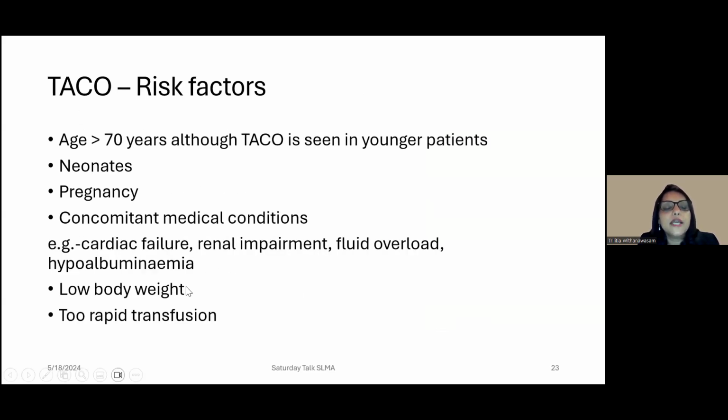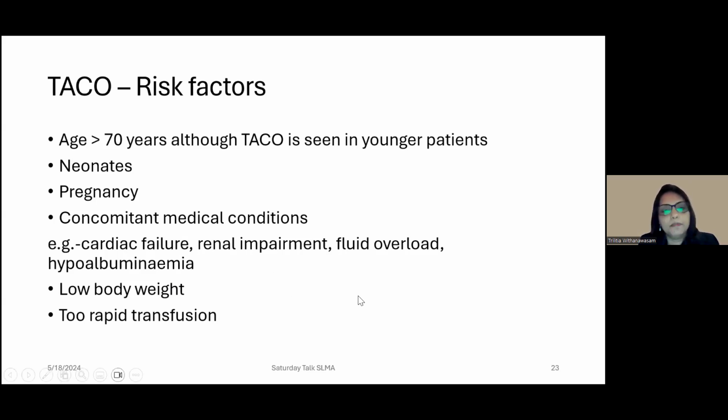We have to identify these risk groups because all patients are not normal. Their cardiac function and renal function are different. The extremes of age are at risk of volume overload. We have to have some idea how much volume is contained in our red cell pack, the FFP therapeutic dose, and the platelet therapeutic dose. If the patient has severe anemia, cardiac or renal involvement, or pregnancy, then too-rapid transfusion, people say hyper-enthusiastic, meaning many red cell units are given very rapidly to correct the hemoglobin,